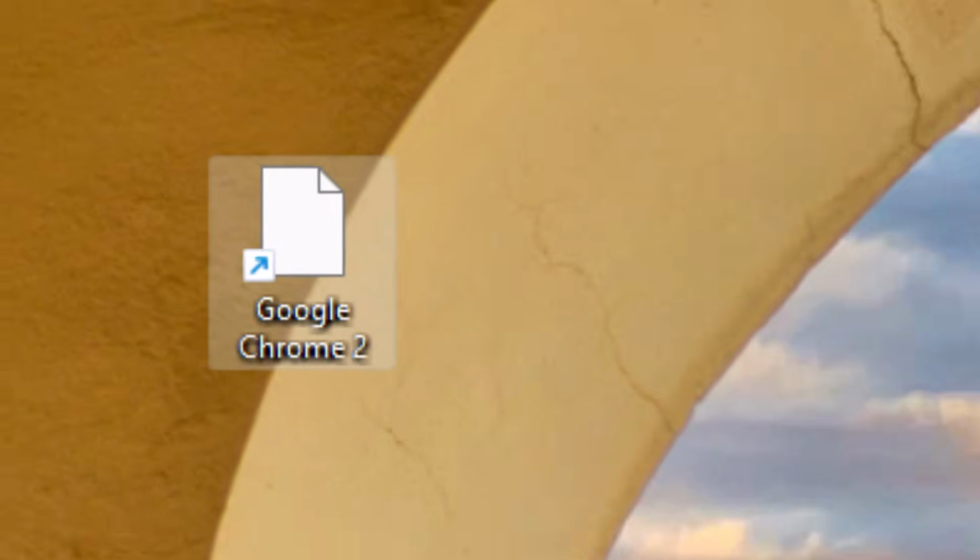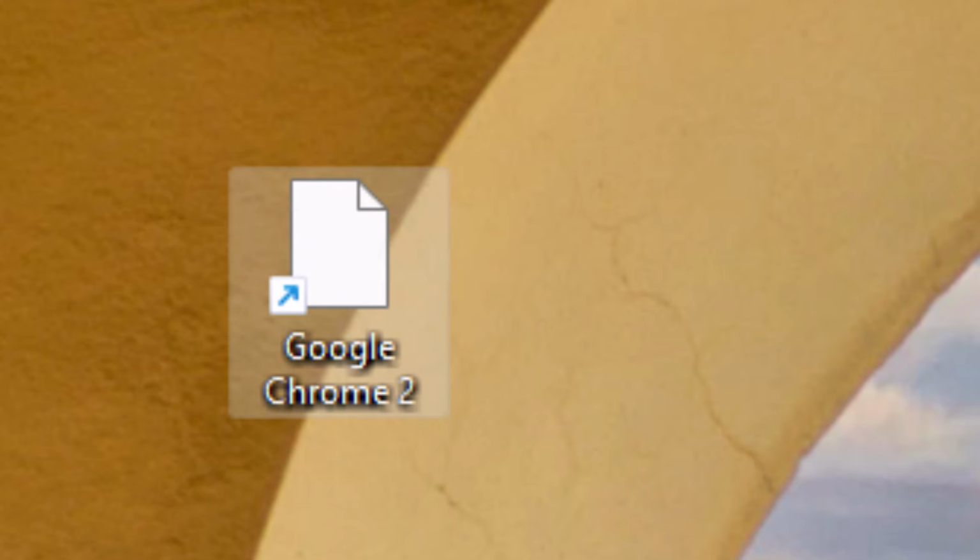So we've all had this once in a while, an icon on our desktop has broken. For instance, like this Google Chrome icon that I've got. It's lost its icon, it's just gone completely white. So how do I fix it? This happens a lot of the time when I'm transferring icons over from an old system to a new one. Quite often it's the Google Chrome icon or even the Microsoft Edge icon, but it can happen to any icon